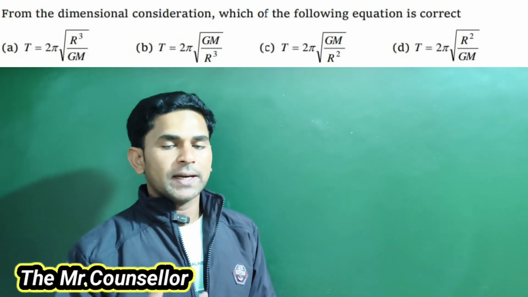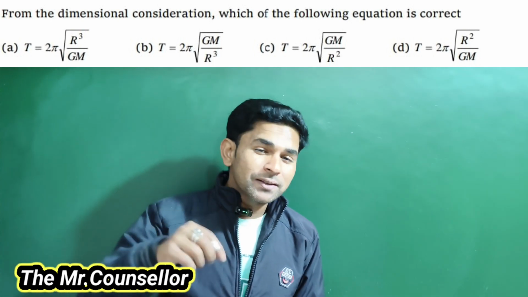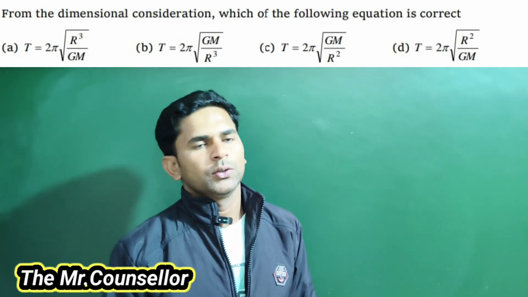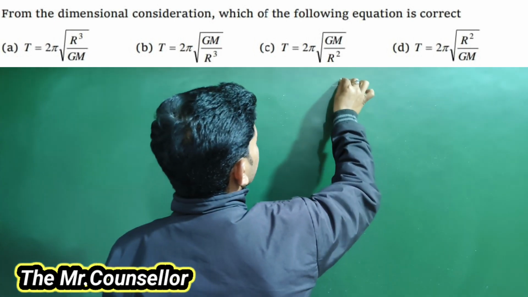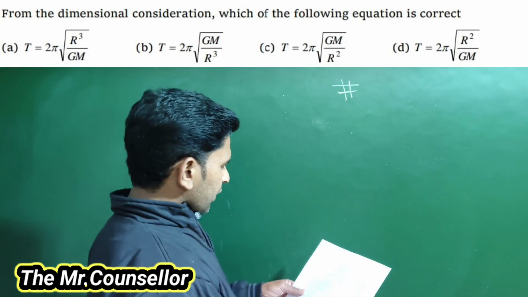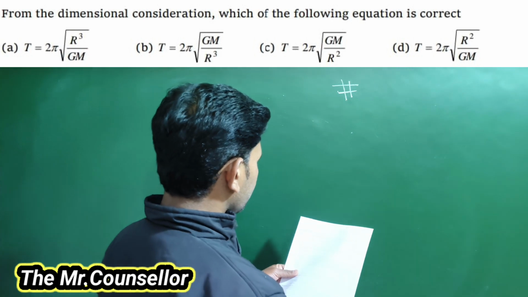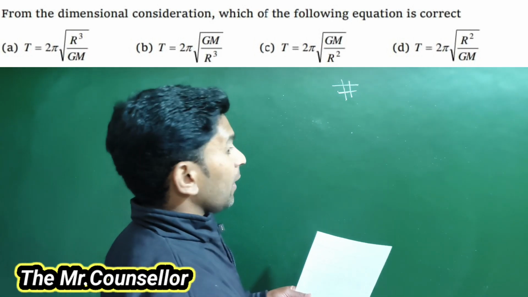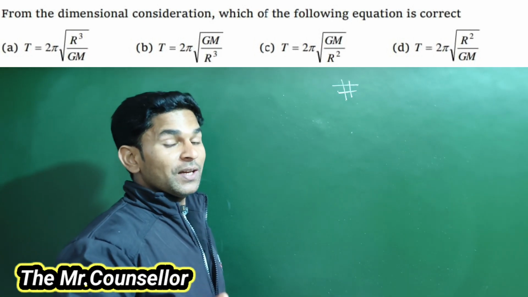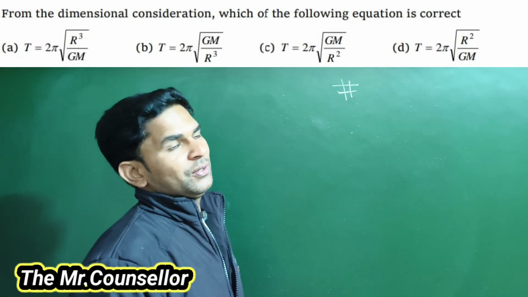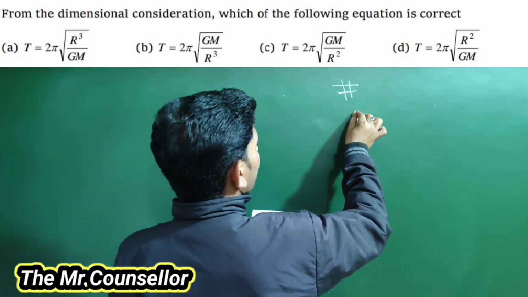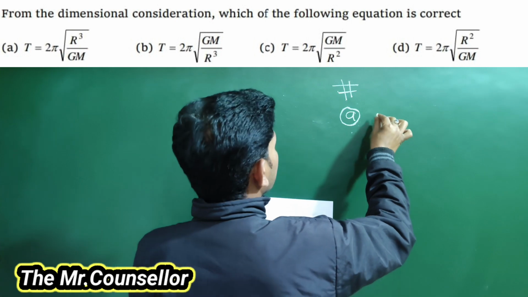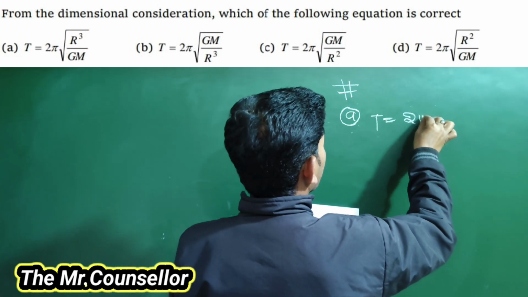We need to check whether this formula is dimensionally correct or not. So what does the question have? You can see there is a given condition and options A, B, C, D are given. We need to find the correct answer. So see, option A is given as T is equal to 2 pi root